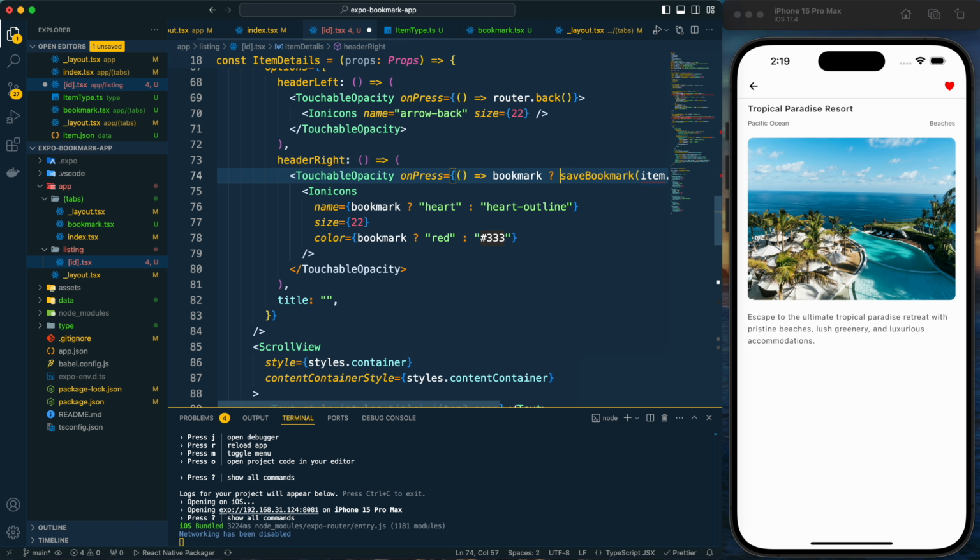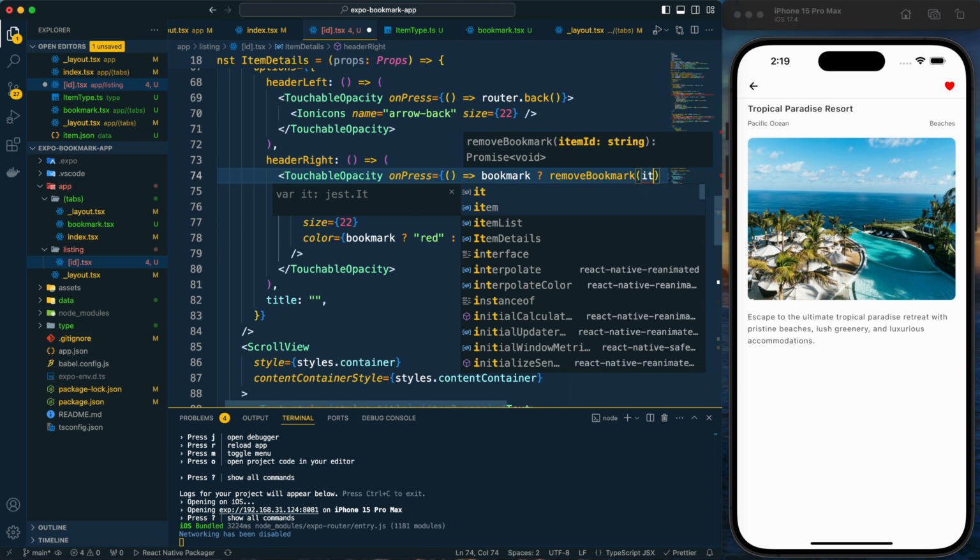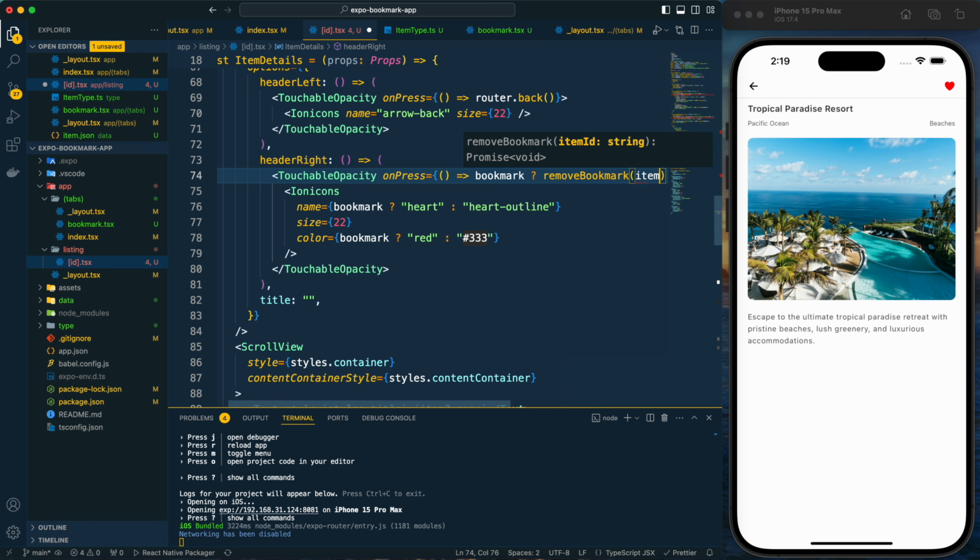If the bookmark is true, then we will remove it, right? So that means right now the bookmark is set to true, so the bookmark is done for this particular ID. Now if I click here, then it should remove the bookmark, right? So that's why I have provided remove bookmark, and here let's provide the item ID.